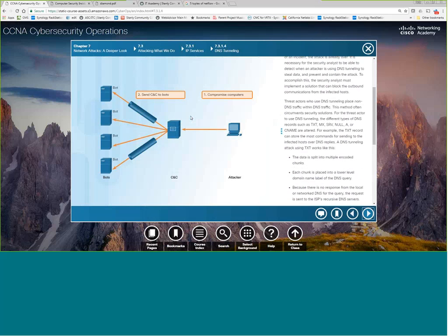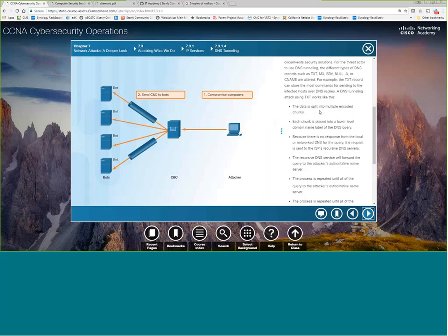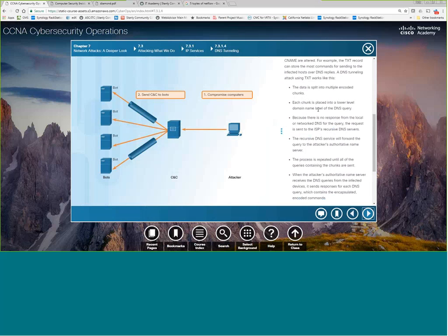But seeing DNS, it's just like SYN floods. Anytime you can take a protocol that is absolutely necessary and twist it so that it is used for hacking purposes, it becomes very difficult for security people to stop, because I can't just shut down TCP.